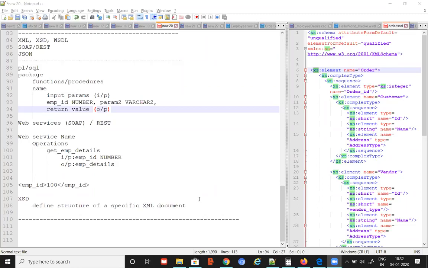Anybody worked with web services? Anybody knows what WSDL is, etc.? Right, so now coming to web services.